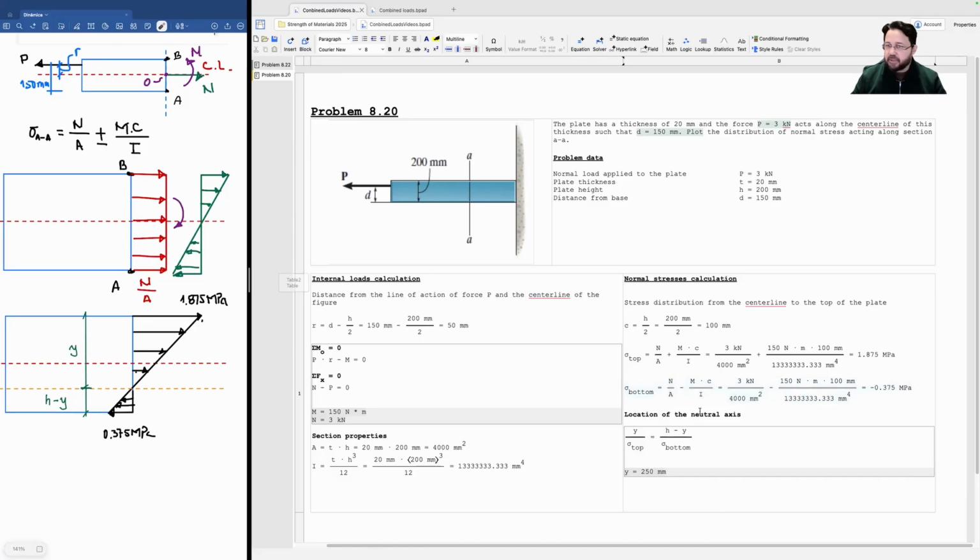Okay, so it's giving me this, but because of the similar triangles, I need to work with positive magnitudes, so I just need to add the absolute value here. There it is. It's 250, what was it, millimeters or something? So that doesn't make sense. So that's the position of the neutral axis, meaning that this distance here is going to be